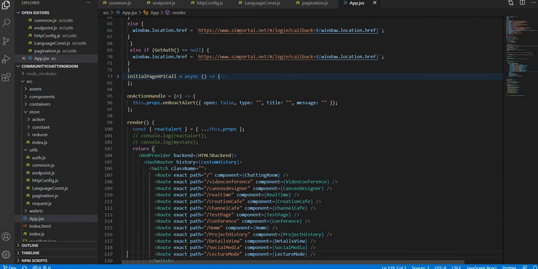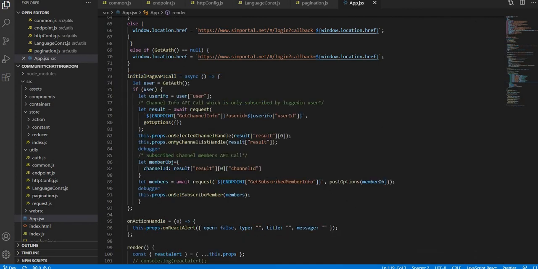Now let me show you how the post call is working. Let's say in this scenario, again we are calling here, oh sorry, this is again get, yeah, this is the post one below. Now you can see I just declared the channel number as an object, right? So I am just preparing that object.